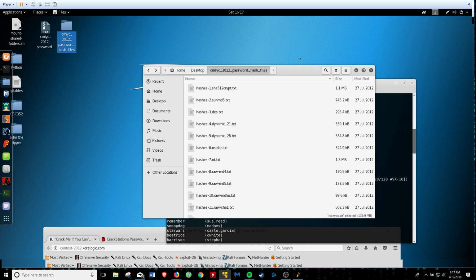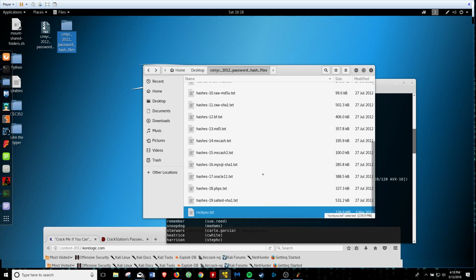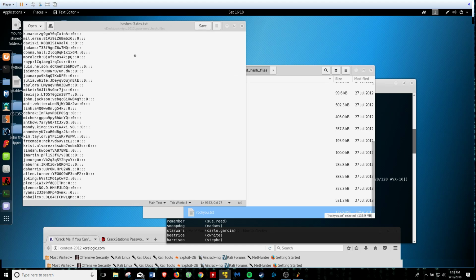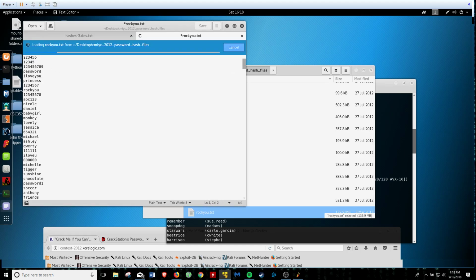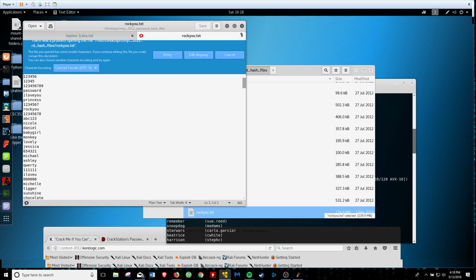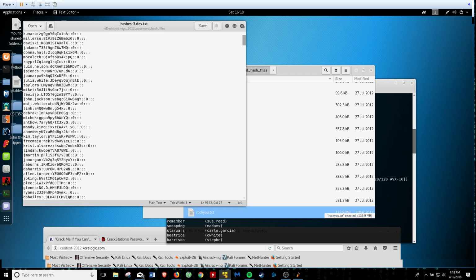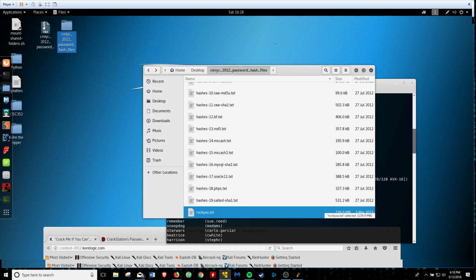The dictionary not only has a large list of words, but also has passwords that are commonly used in password dumps, like a simple 1, 2, 3, 4. And here I'll show you. There are a few different things you can get here, but it's using very simple things. People can use very weak passwords. So it's building those, and then it also builds a dictionary as well. So what we're going to do here is